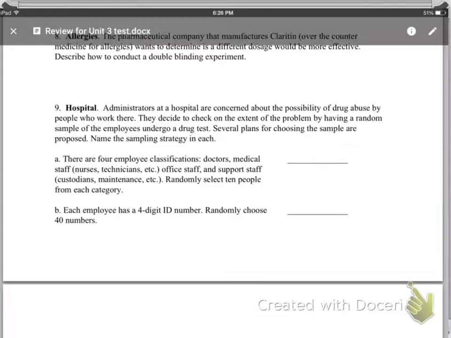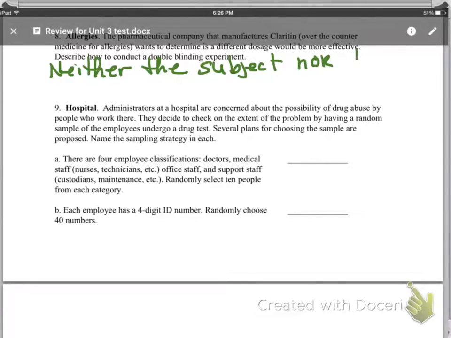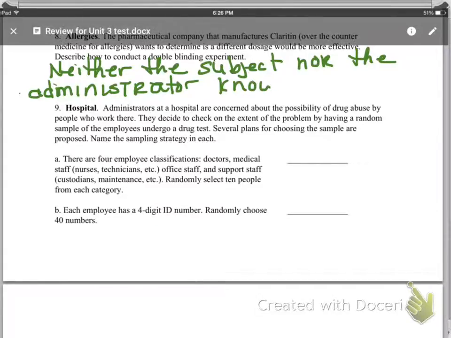Well, remember, double blinding is when the participant and the evaluator do not know. So we'll say neither the subject, the participant, nor the administrator know which dosage is given. Okay,